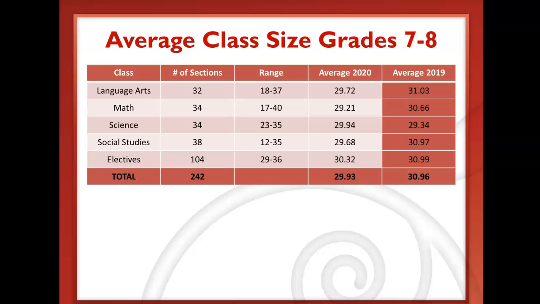So this slide is a look at the middle grades for Roseville Area Middle School and then grades 7 and 8 from Parkview Center School. This provides a look at our subject areas and also the last 2 years of data from 2020 and 2019 based on our October 1st numbers. The average class size did go down, and that has to do with the decrease of our large 8th grade class that moved through our system into 9th grade this year.